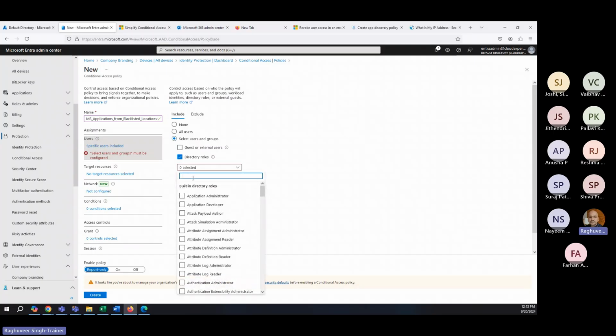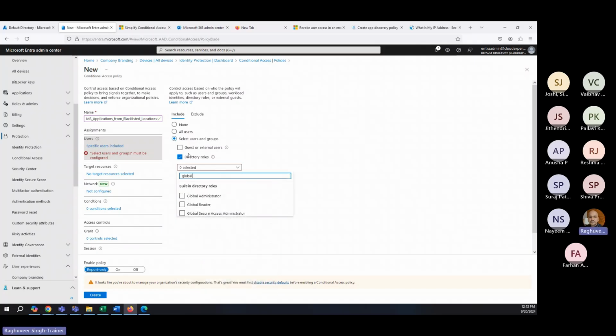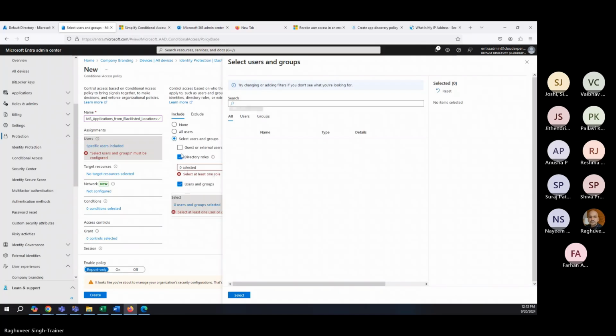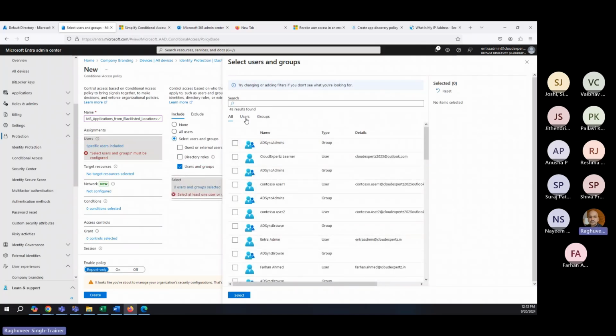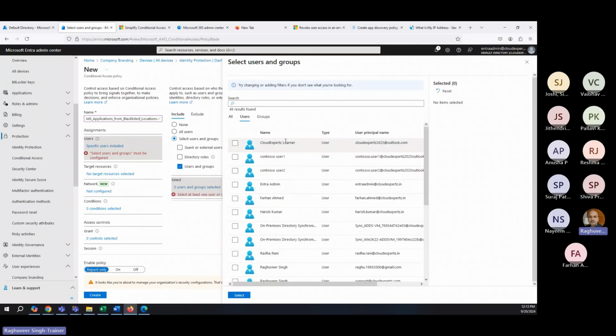So if I select a role, let's say global admin, then all users which have this role will get included here. So be very careful when you select the role because it may have larger implications. So the best bet is to select users and groups. So I will select users and groups, and I can probably apply that policy to a specific user or to